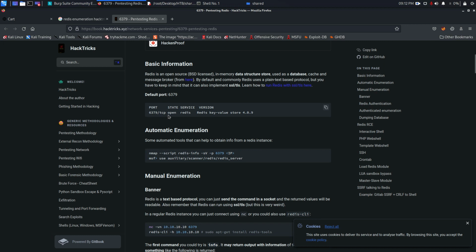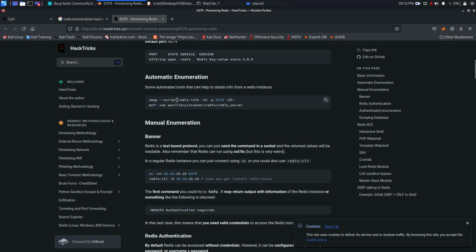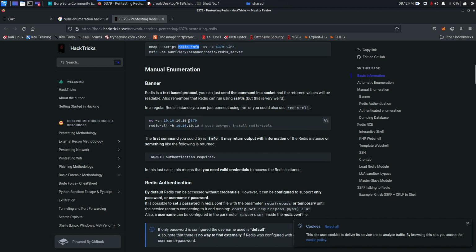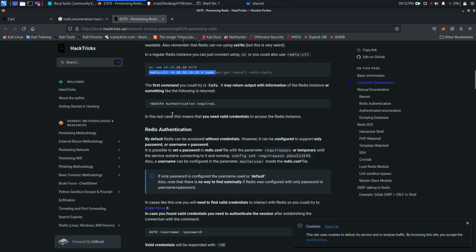You can see this is the nmap scan. You can also execute the script for extracting the Redis info. Start. You can try to connect with netcat, or you can use the Redis CLI. Okay. There is the thing for authentication. So authentication is required,